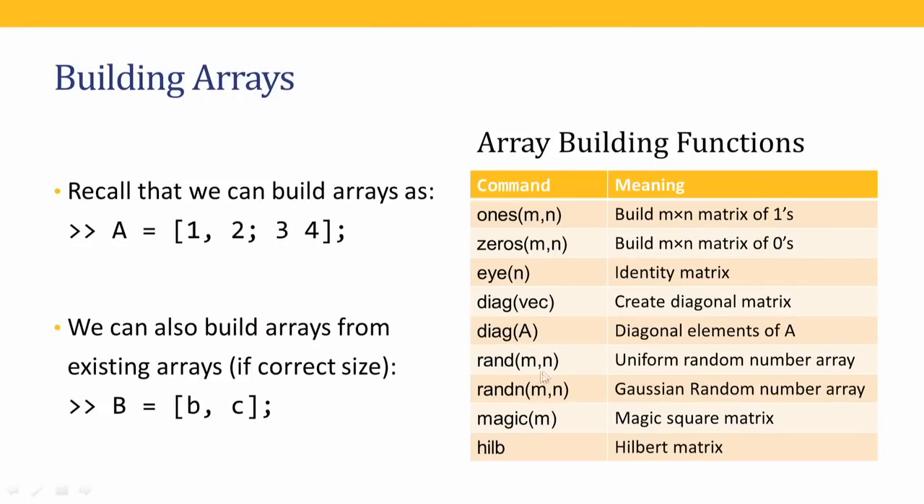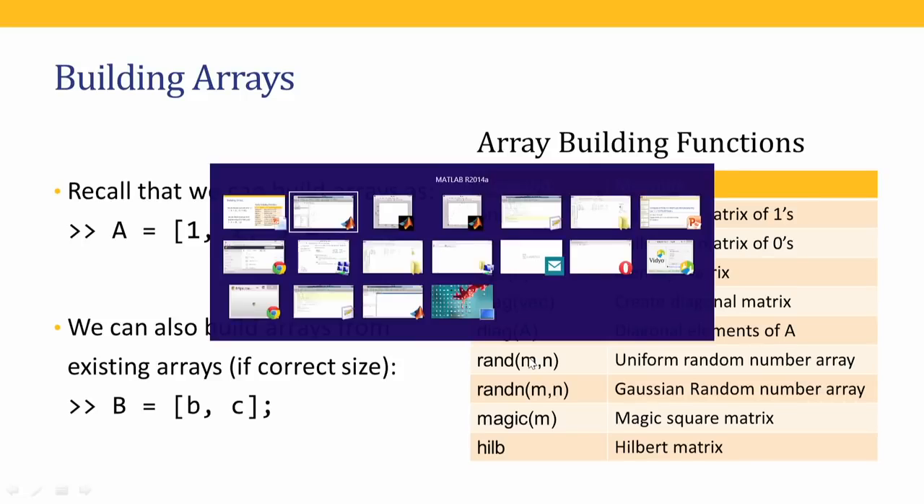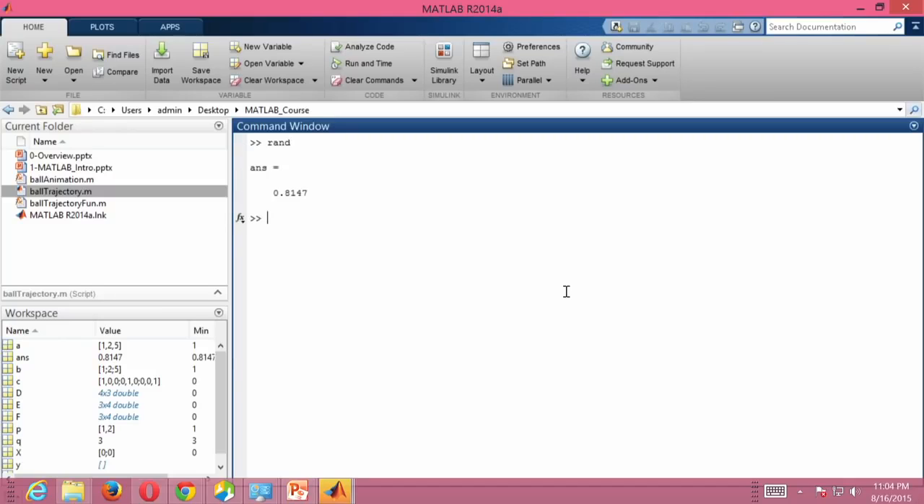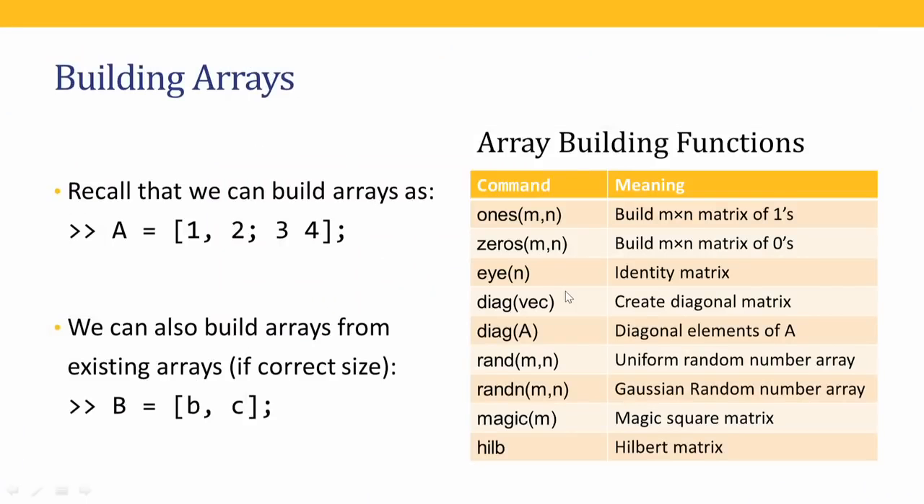Let us look at another function called rand. Rand is basically uniformly distributed random numbers. So, if I give rand without any arguments, I am going to get a single random number. If I give rand with 2 arguments 2 comma 3, I am going to get a 2 by 3 matrix of random numbers. These are uniformly distributed random numbers. That means you will get values between 0 and 1 with equal probability. Okay. So, these are the various array building